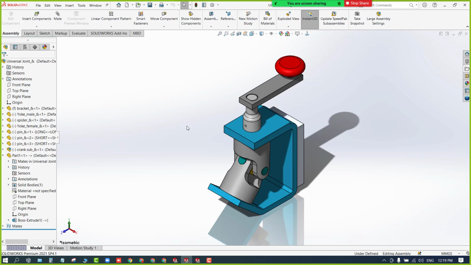So what we do here is create the components separately and save them separately, and then we bring them one by one into the assembly workbench and then assemble. Okay, this is the bottom up assembly approach.